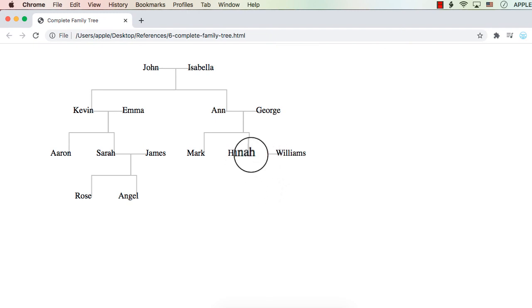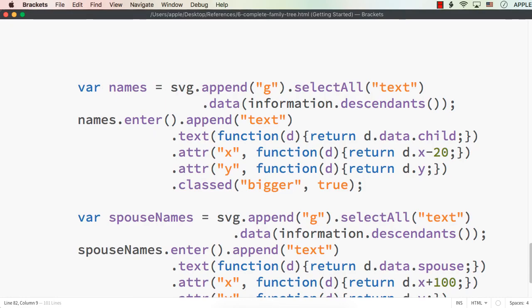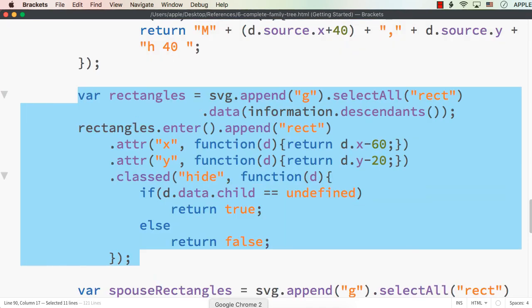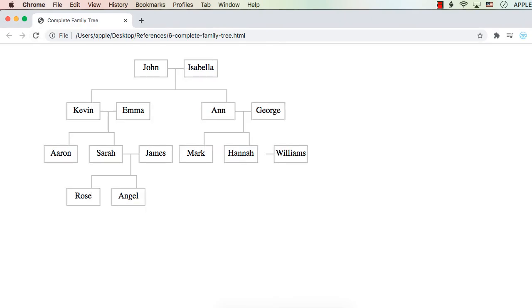Next what we need to do for this one, that is if the child element is null, this line should not end here, it should be up to the center of this rectangle. So how can we do that? Let me first have the rectangles for the spouse and also for the child. Now let me save this. Let me refresh. Now the lines are here and also the rectangles, but the lines inside the rectangles are overwritten,